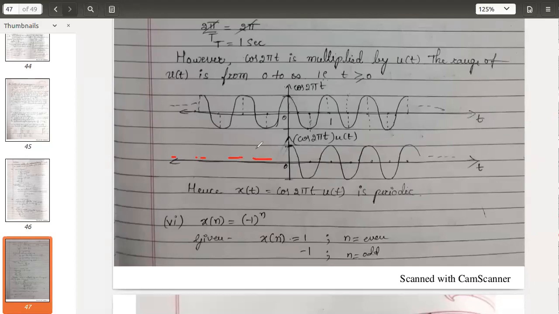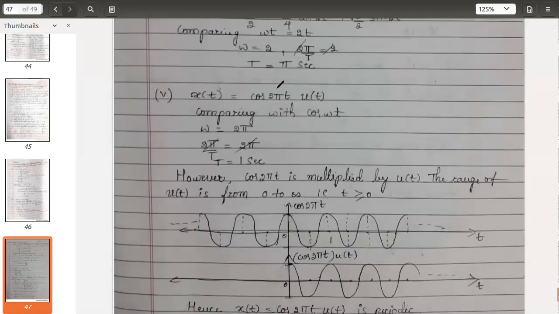अगर क्वेश्चन में ही वैसा है कि सिग्नल 0 से ही स्टार्ट हो रहा है और वो इनफाइनाइट है, तभी आप बोल सकते हो कि ये सिग्नल पीरियोडिक है, क्योंकि यहाँ पर रिपीट भी हो रहा है. This is the way. See, इतना तो सिग्नल है, इसके बाद ये सिग्नल रिपीट हो रहा है, no doubt about it. But what about the left hand side? You don't have anything on the left hand side, but ideally speaking, for any periodicity, periodic and non-periodic, signal should be infinite, ideally speaking. Because of that, the given multiplication cos 2 pi t into u of t, the multiplied value is